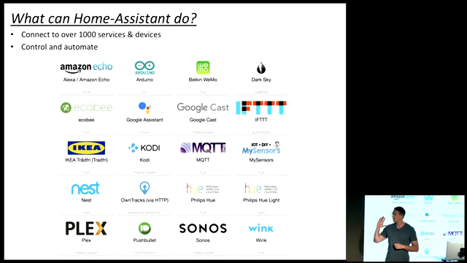It actually started out with the Philips Hue smart light system, but it now supports the IKEA system. There are also integrated media players, so you've got the Plex media player in there, and other web-based services, like Dark Sky, which is an internet weather service.